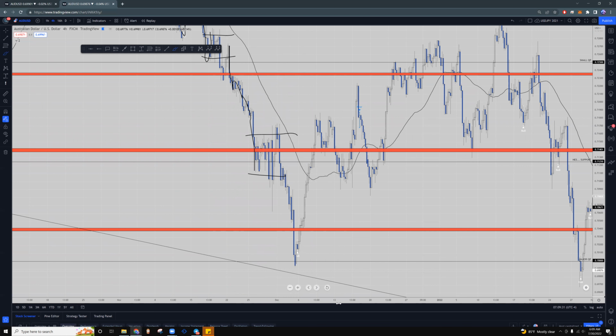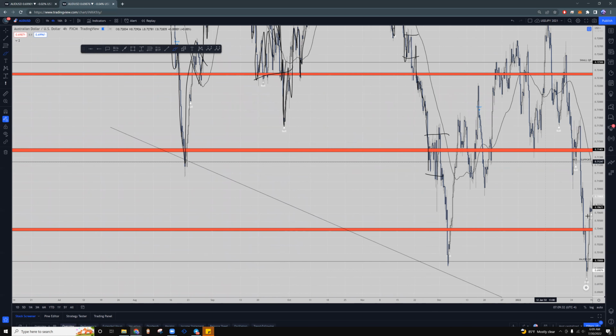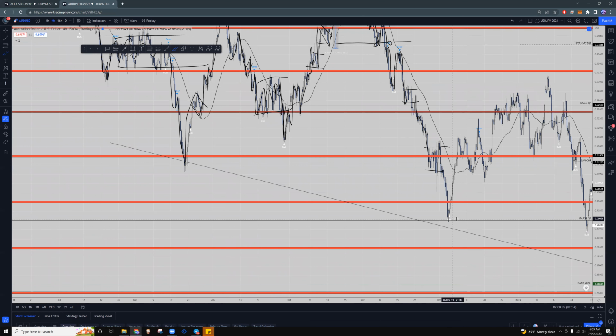As you can see, the TL down here, which I don't use many TLs, but this is an area that we would have potentially been looking to enter the market. And as you can see, we didn't get any of that extra choppiness and ugliness. We got a small, quick reversal pattern, more than likely on a 1 hour time frame, a double bottom, and then just that impulsive move up, double top,